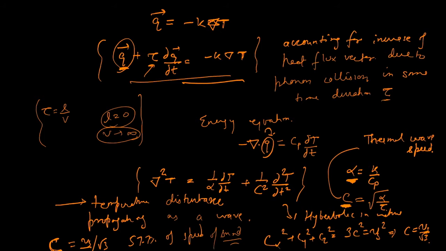We could also think of this term as a time delay in the heat flux vector. So right now we looked at the increase in the heat flux vector due to collision in some time t. We could also think of the same thing a little bit differently. So let's say we wrote q equal to minus k gradient of T, and this gradient was at some position r at time t. So the flux change would not happen instantaneously. The flux change at position r would happen at time t plus tau. So the flux would be a little bit phase lagged compared to the temperature gradient.